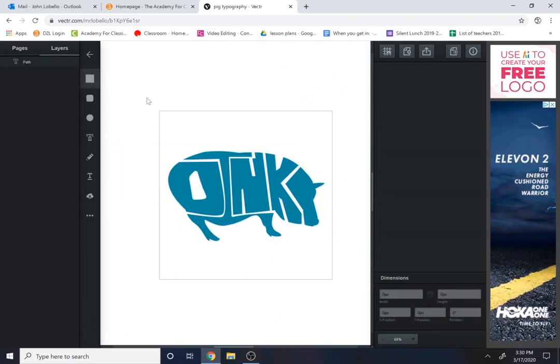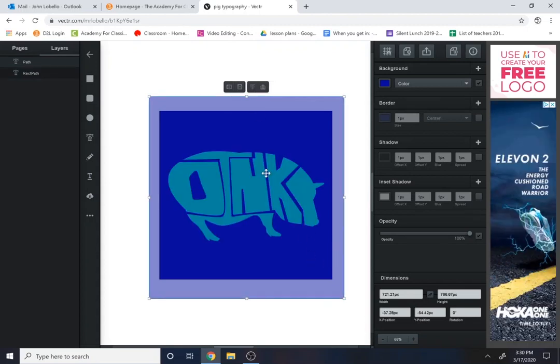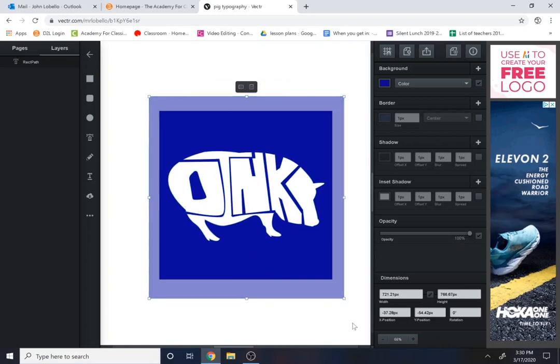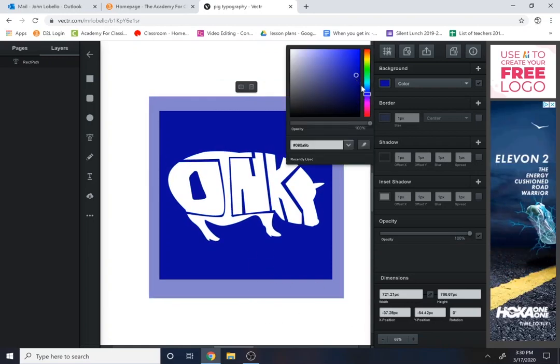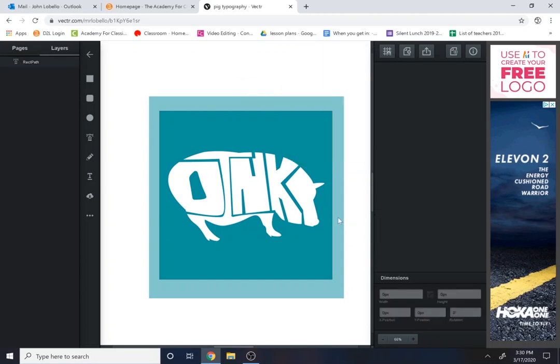And so we'll finish this up by taking this whole thing and cutting it out of something else. So I'm going to get my rectangle tool, I'm going to just draw it real big, and it doesn't matter what color it is because I'll just make it send to the bottom here, and then we'll just cut this whole thing out, just stamp the whole thing out here. From here we can change the color. Maybe I'll change it to something like a teal color,